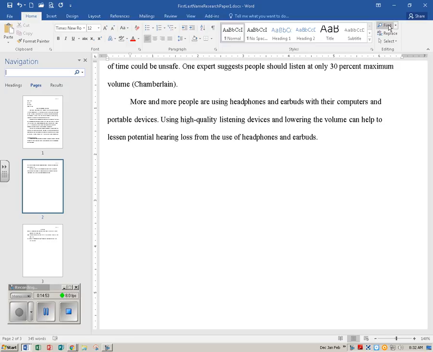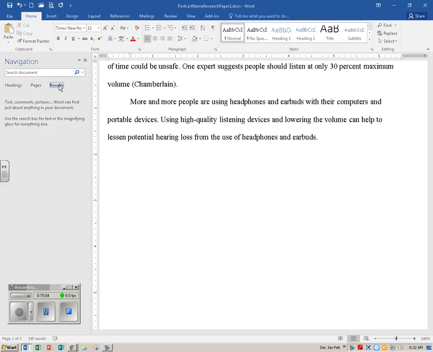If necessary, click the Results tab in the navigation pane which displays a search box where you can type text for what you want to search. Turn to page 104. Red circle number 2 says type portable. So in our search document area, select that so that you have a cursor insertion point there and type Portable